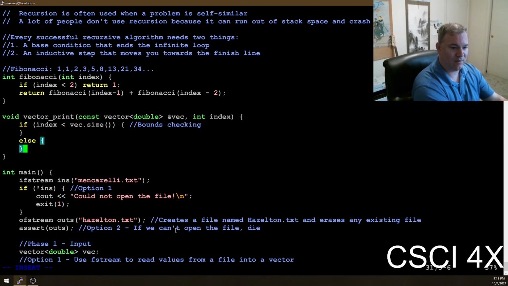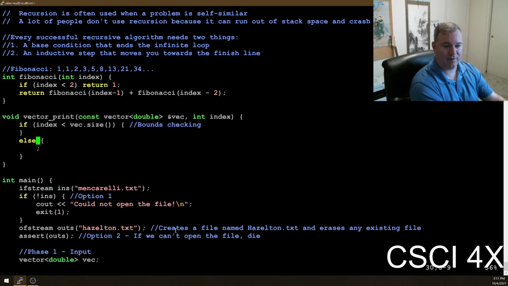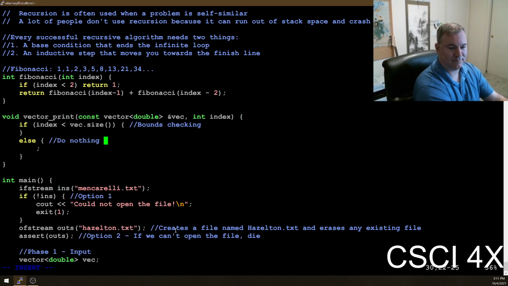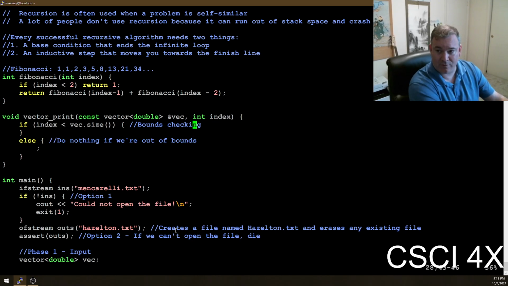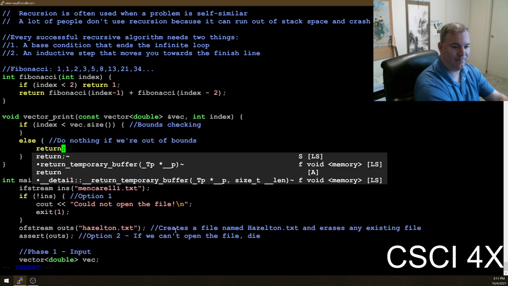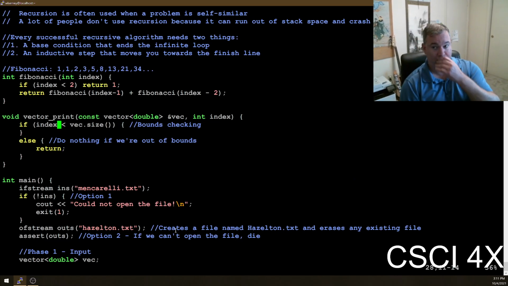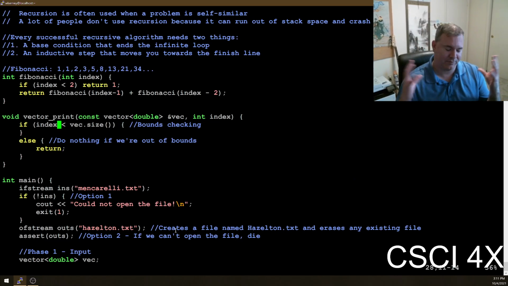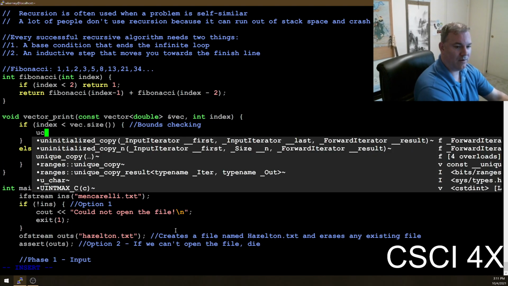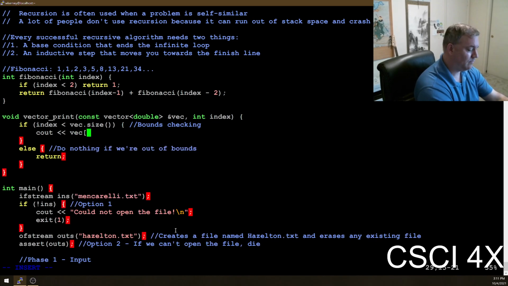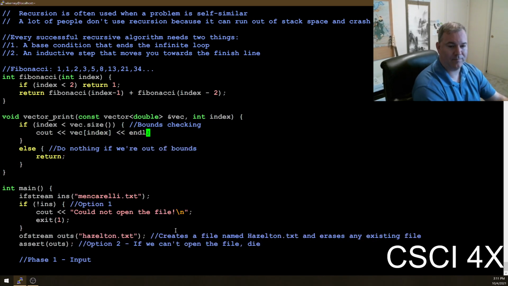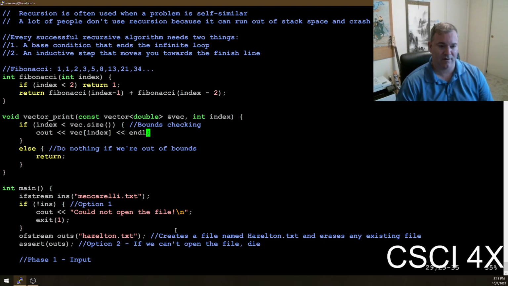In the case where we're out of bounds, do nothing, just return. But if we are within bounds, so if we have a vector of size 10 and we're being asked to print element 2, let's just print it. I'm using square brackets here because I just bounds checked it.